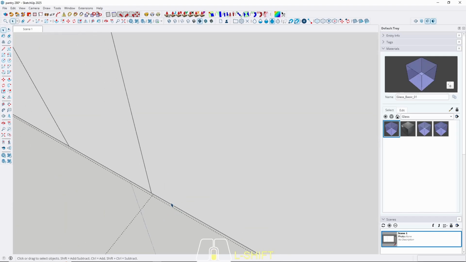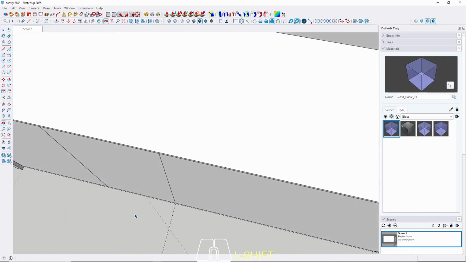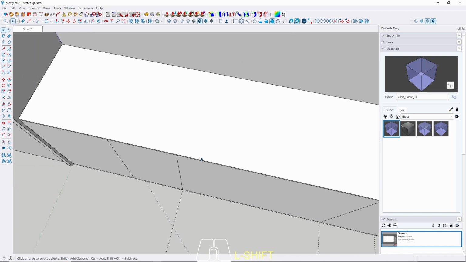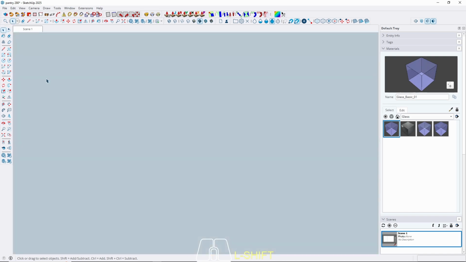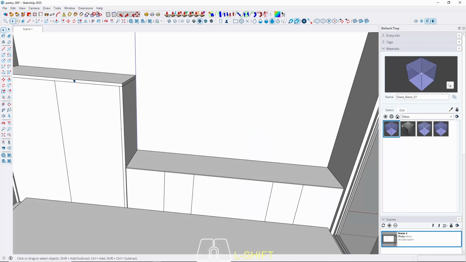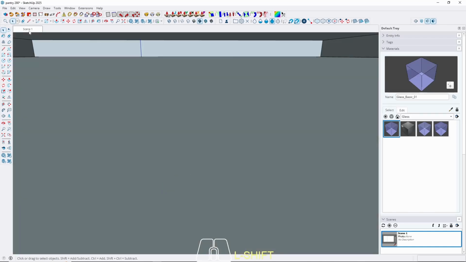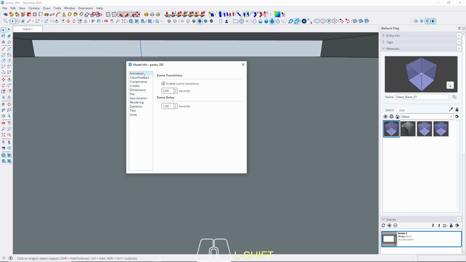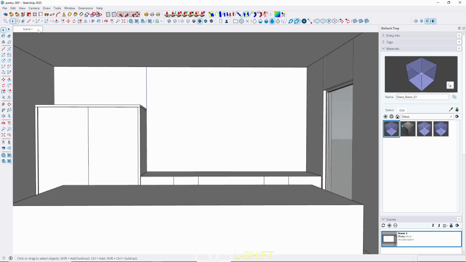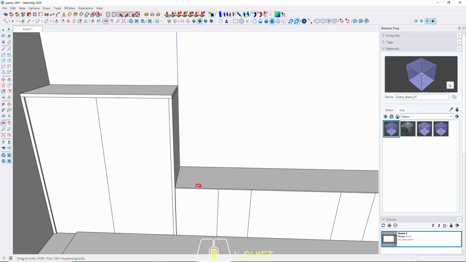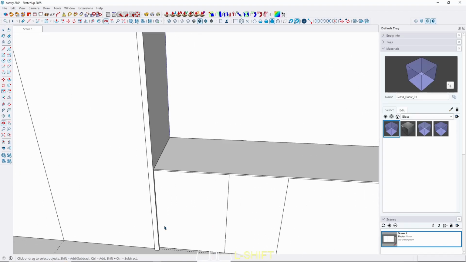But it's according to your design, by the way, but usually I always give a gap from the floor. Let's turn off the transition, it is very annoying. Okay, we have this top table, and then